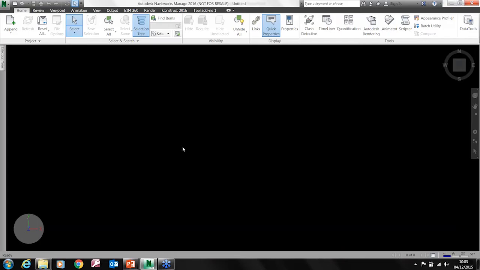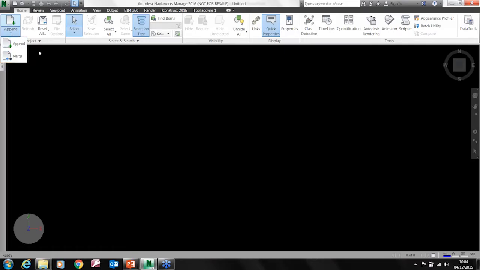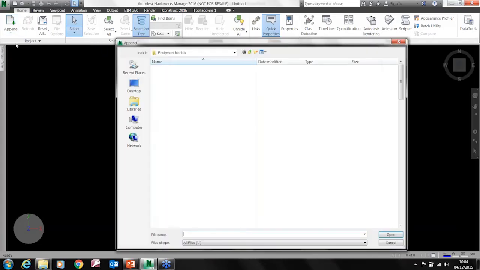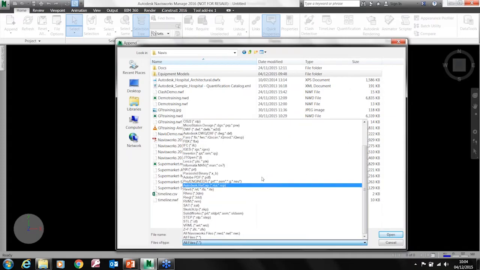So the first thing that we need to do is we need to fetch the data in, and I've started with a blank project here, and I can come over here and I can start to append. You do have the option to merge, but the majority of the time we will append. If you merge it, it sort of limits the ability to update the data later on. So I can come in and I can append, and I can start to choose the files I want to